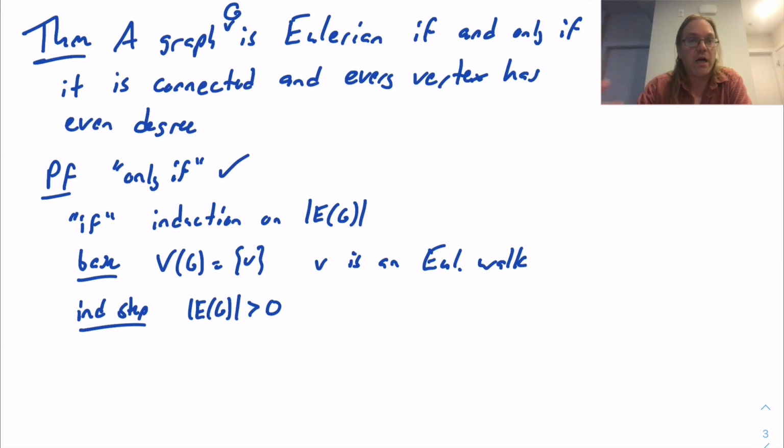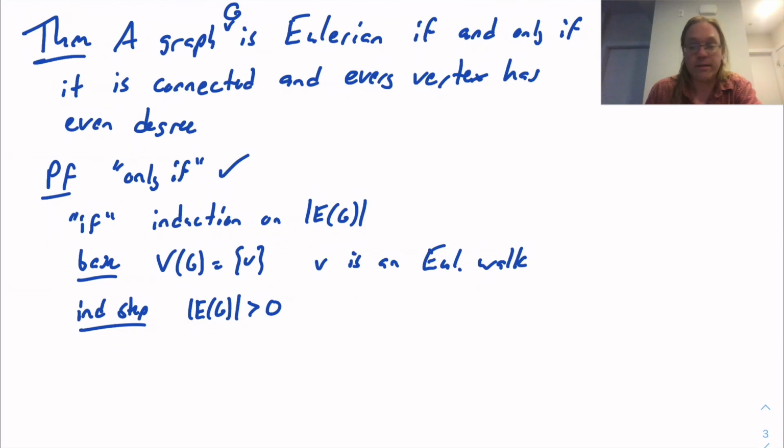So in order to productively apply our inductive hypothesis here, we're going to need to get back to that kind of a graph. And that's really a little bit of a trick, and it's not so obvious what you should do. So I'm not expecting you to just see how to proceed here, but I hope you can verify that what we're doing is valid. So again, you're going to see us applying theorems that we know, reducing the graph, applying our theorem inductively in valid settings, and then combining that information to get an Euler walk in the original graph. Okay, so